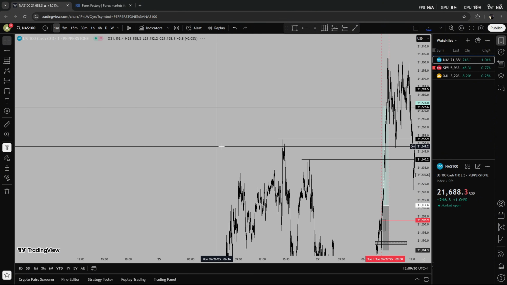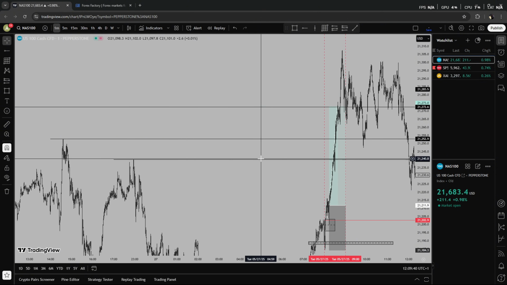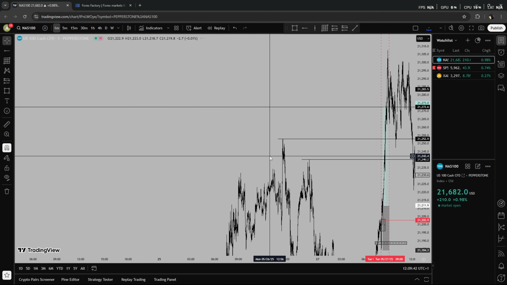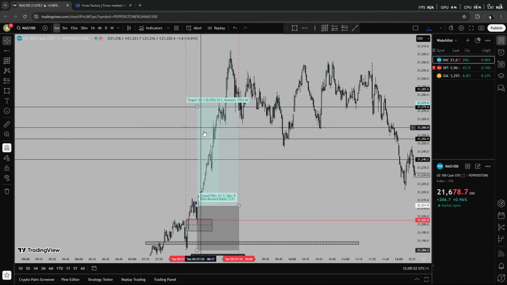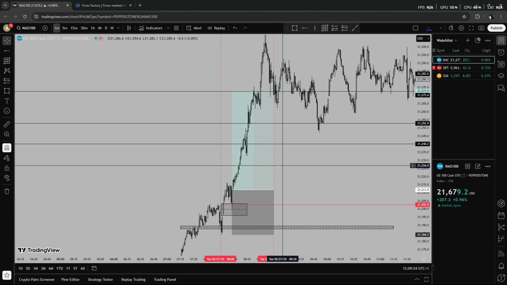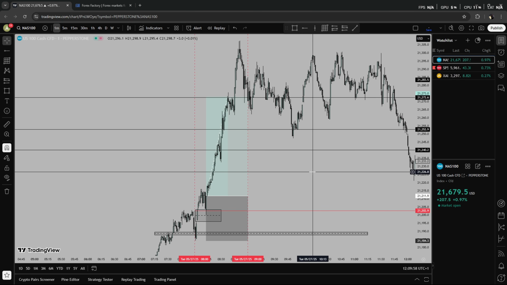This wasn't a take profit because this is the thing. I watched TJ, who literally just uploaded a video recently where he talks about low resistance liquidity, and it's basically saying that when there are liquidity areas, when there are highs and lows really close together, price most likely sweeps out all of them instead of just one. So I just put my take profit all the way up there. This was a 2.21 risk to reward ratio, and yeah.